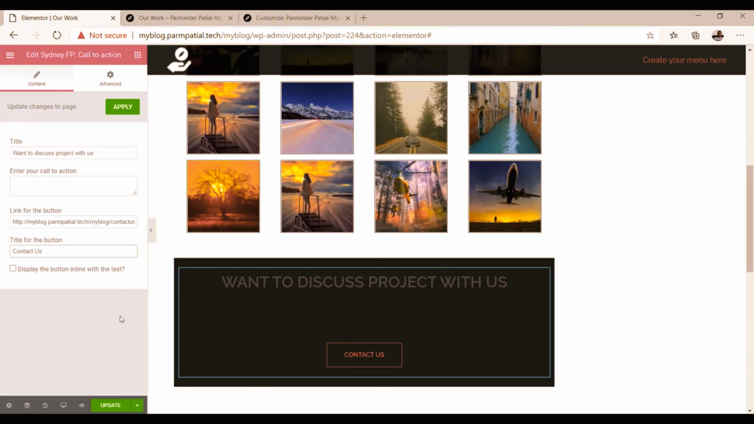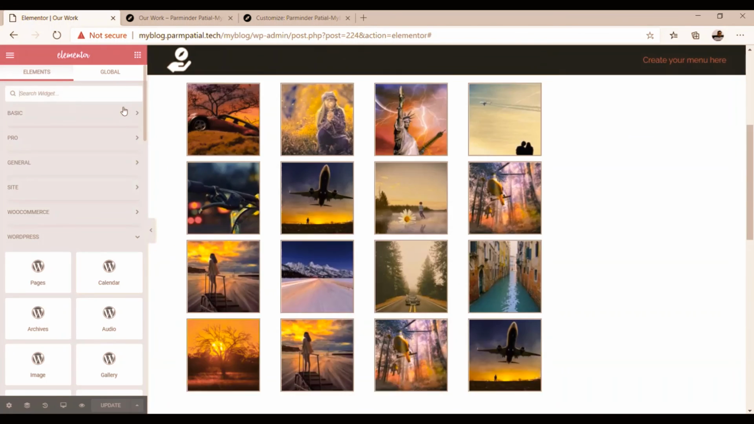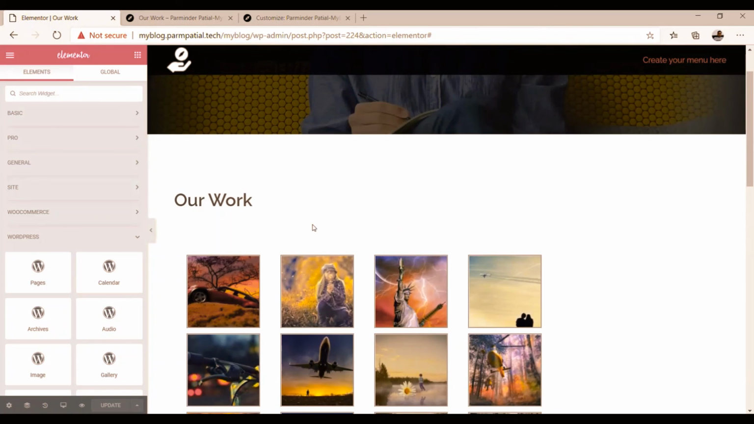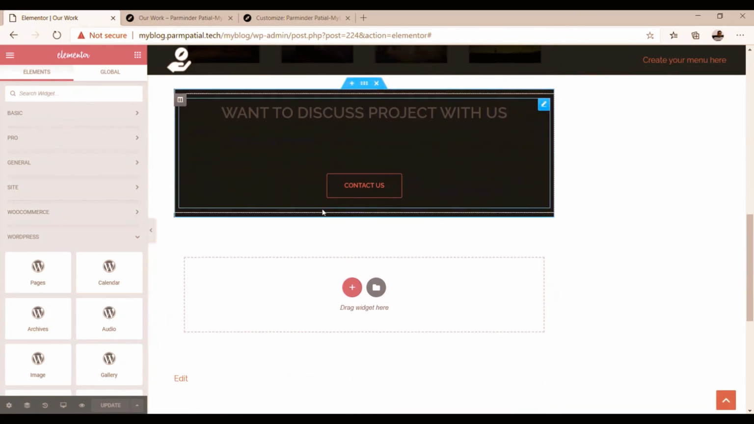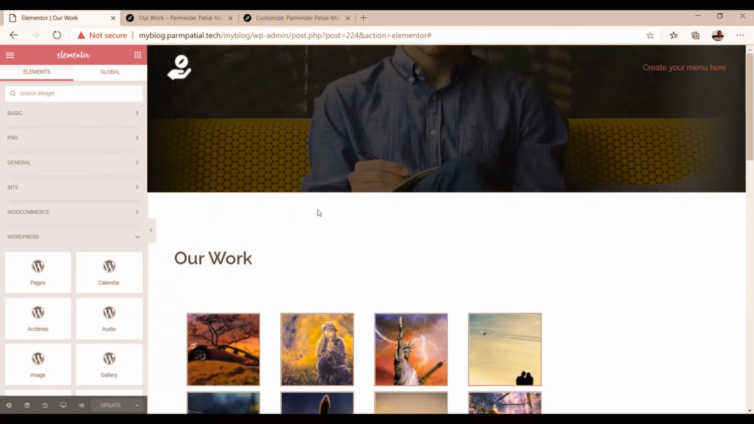Okay, so if this is done, after this just click on the update button, and in the last just click on the apply button. So this way your page is created, that is your work or your portfolio page is created right over here. Okay, so see you in the next video with another